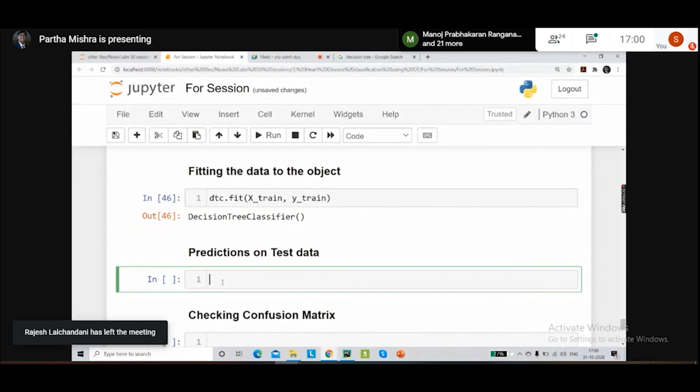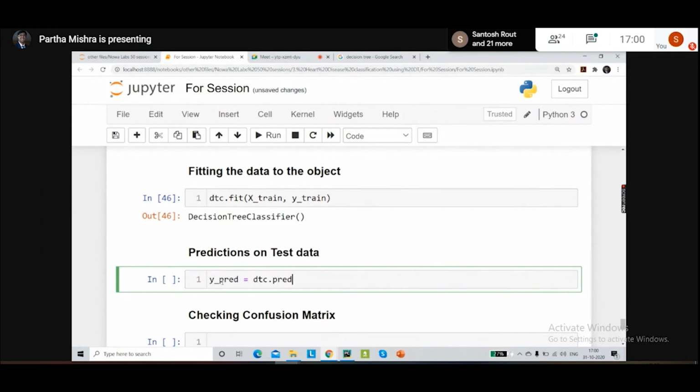All that is left to do is make some predictions and check how well the model has been performing. So we can say y pred is equal to, y pred is short for y predictions, and all that you do here is dtc.predict. Inside predict, you simply pass in the test data, so here we are going to pass in the X test data.